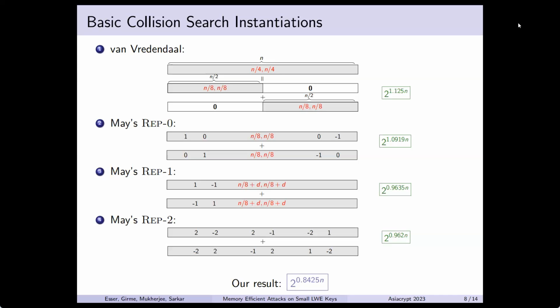And this further increases the number of representations and therefore improves the time complexity. In MAZE-ref 2, he introduces some extra 2s and minus 2s, further increasing the number of representations and improving this to the power 0.9. And now we are going to improve this result to the power 0.8425, and let's see how we are going